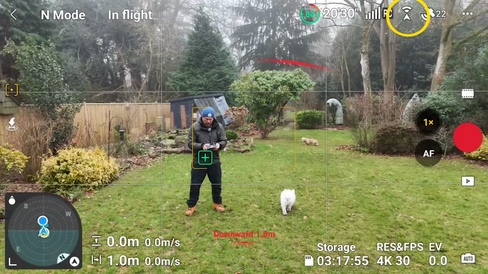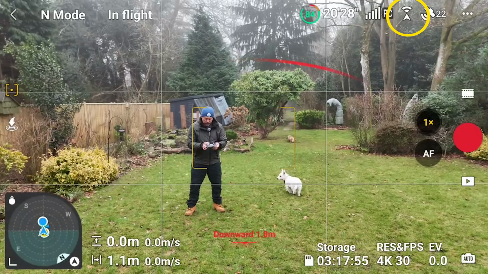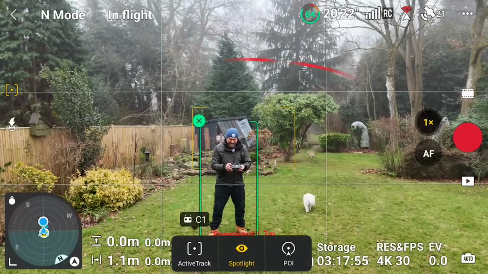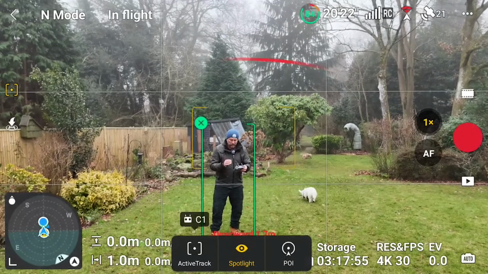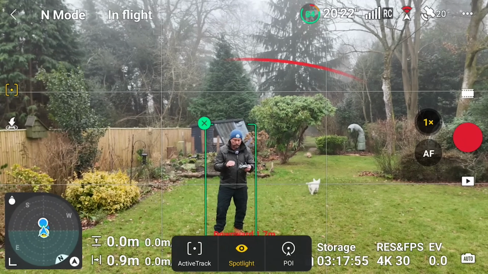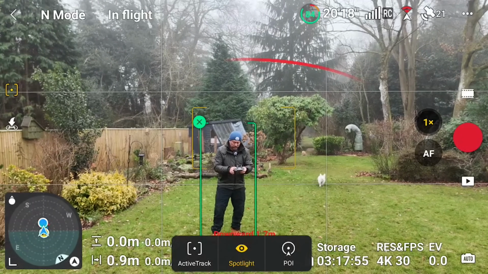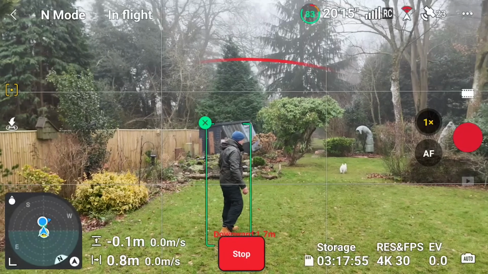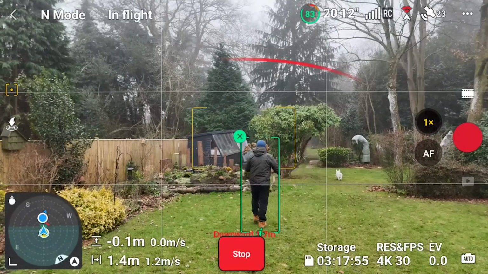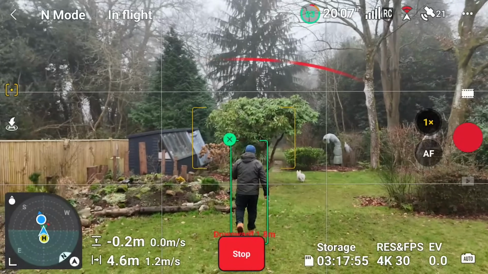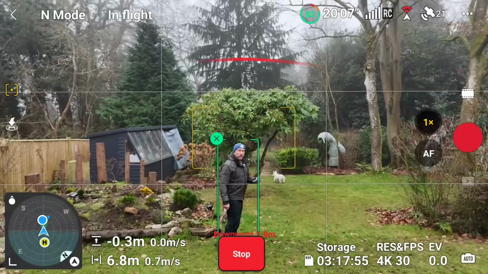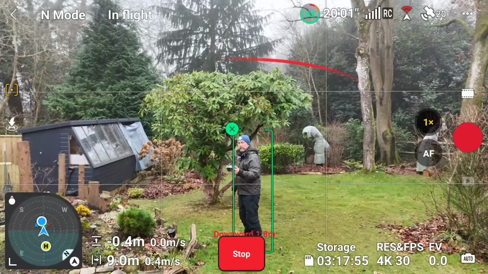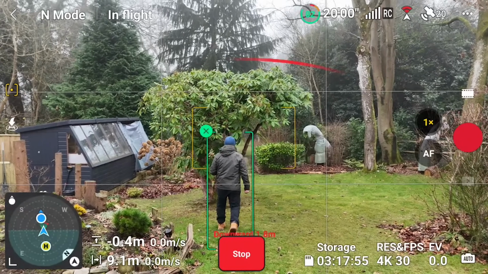The moment I tap this plus, bang, you can see the little red sensor. And yet there is still this false obstacle that's flashing up there. Let's see how it actually flies and whether it follows me or not. So the whole time it's showing this false obstacle. Let's see if it will follow me past the